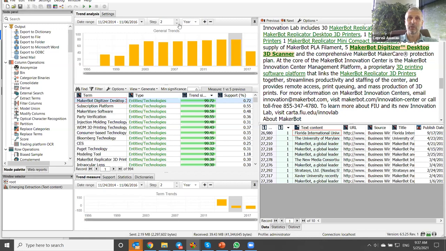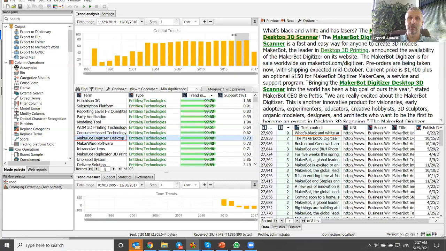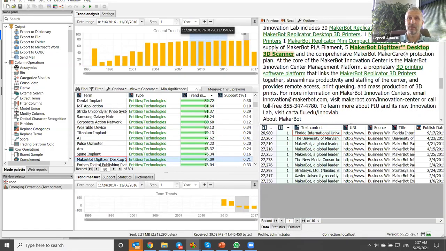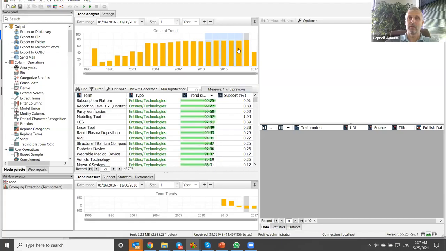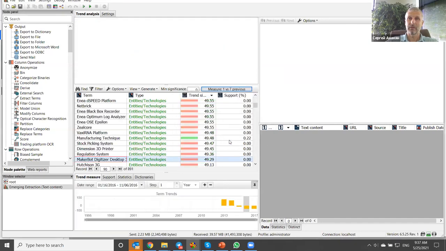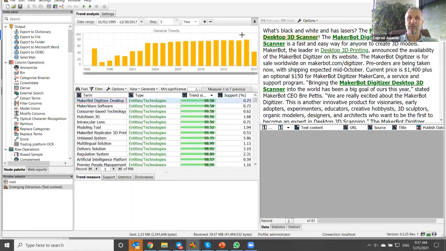The emerging trends tool allows you to set up the time step. For example, here we're looking with a step of 2 years. You can easily change the step and we'll be looking for 1 year, or we can go by month. And you can specify a certain period that is of interest to you. The system automatically compares it to the 5 previous segments. And I can specify that instead of 5, I want to be comparing it to 7 previous years. And the system will be calculating things differently now.